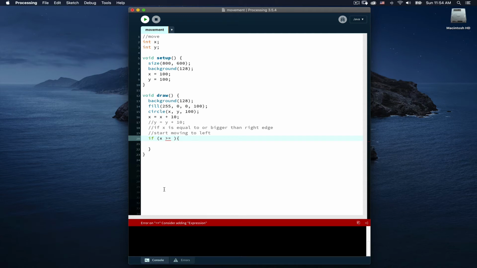We also have another program variable that we have access to without having to create it, and that is width. Width will be the width of our sketch as specified in our size statement. So by making that size statement, we now can just specify width, so we don't have to hard code in a number. I prefer to do it that way. So if x is greater than or equal to the width, then what we want is